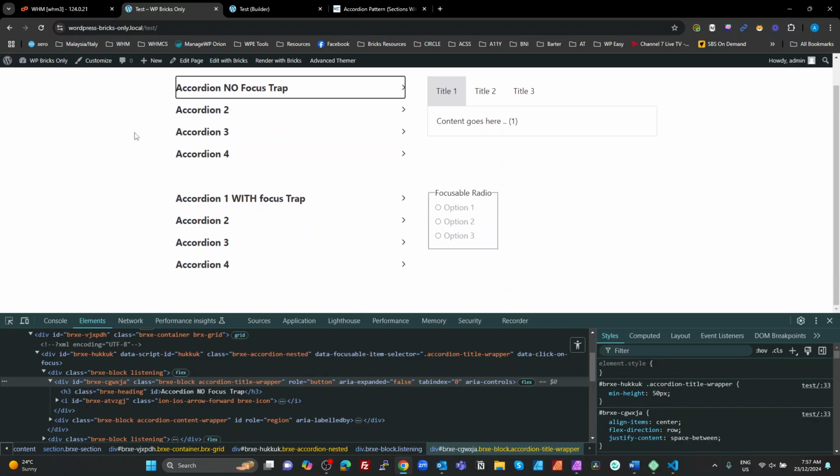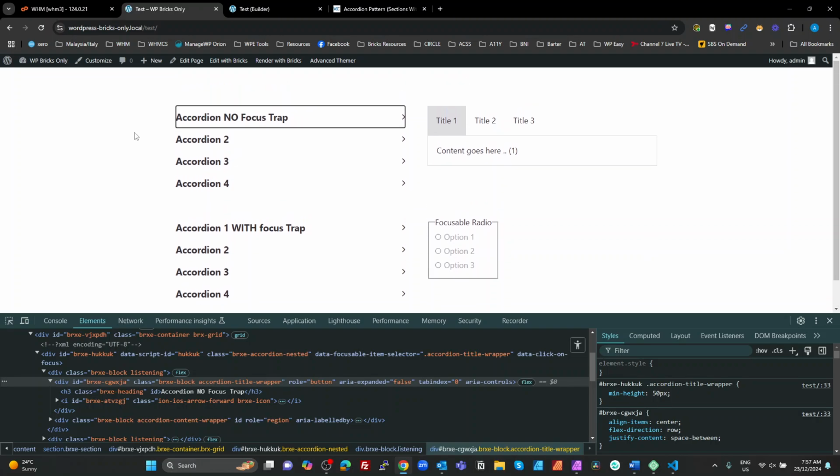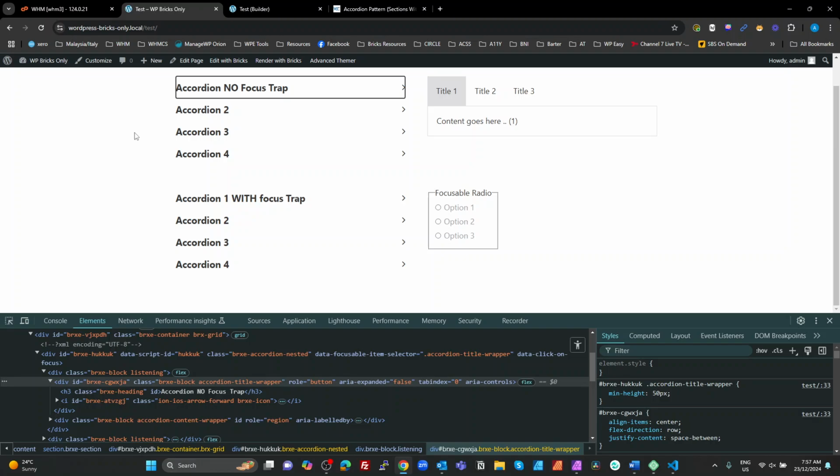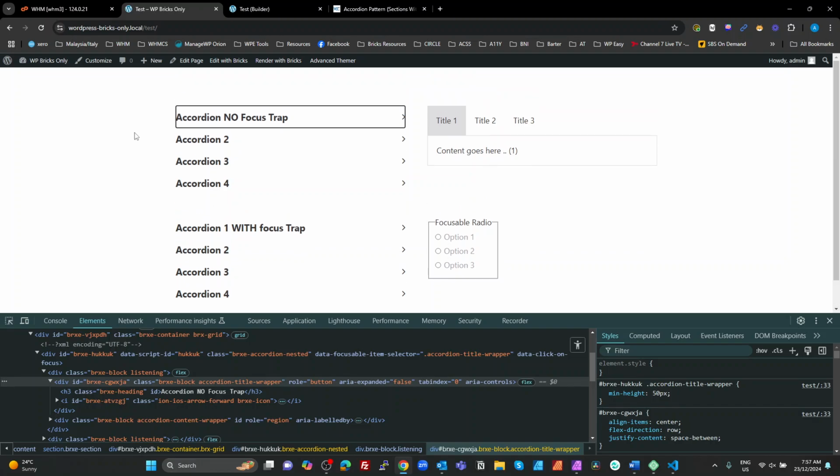Anyway, from an accessibility point of view, I think if you tab to that and you use your arrow up and down, it should go to the next one and the previous. If you press End, it should go to the last one. You press Home, it should go to the first one. Okay, so we're going to fix that when we look at the focus trap that we created in the exact same accordion, just with one extra class on it and some JavaScript to make that what I think is better